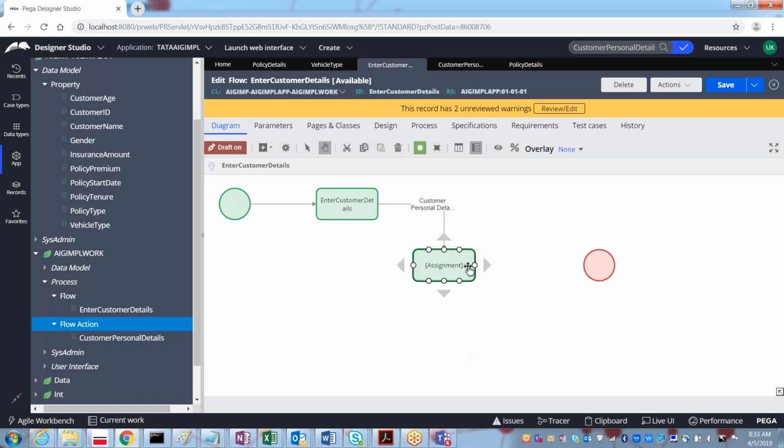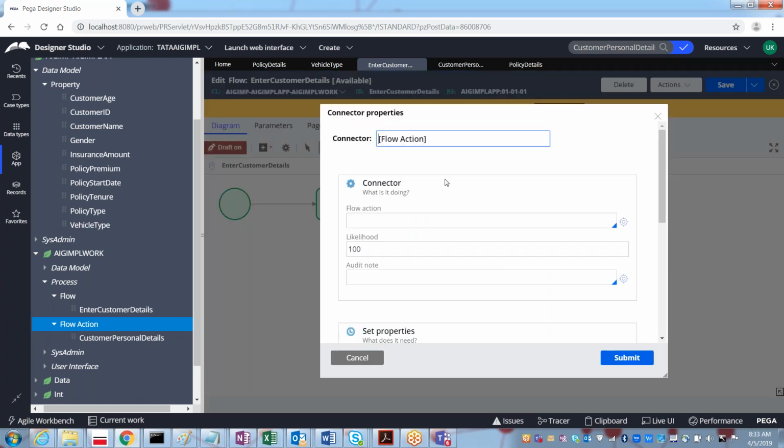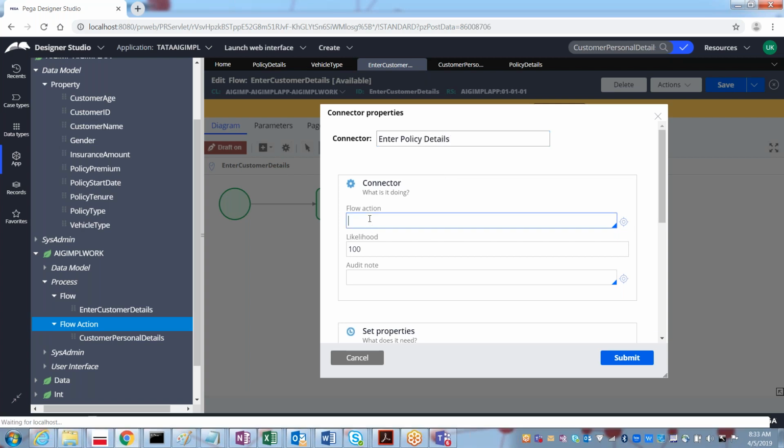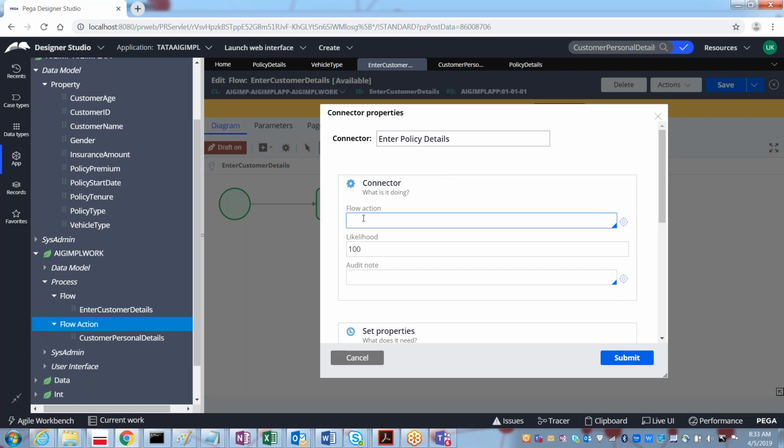Now from this assignment, we need to have one more connector. Once after collecting the customer personal details, now this connector should refer to the policy details. Here just give the label of the connector, enter policy details, and here the flow action needs to be referred. So what is the flow action we created for the policy details? Policy details only.